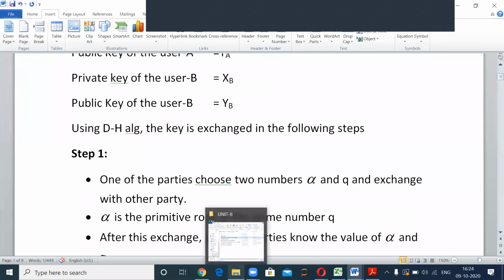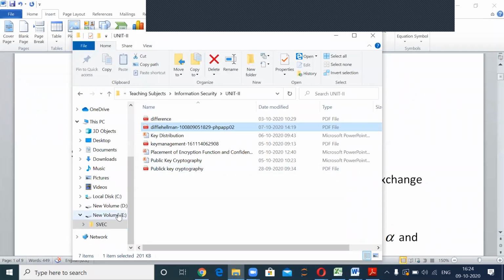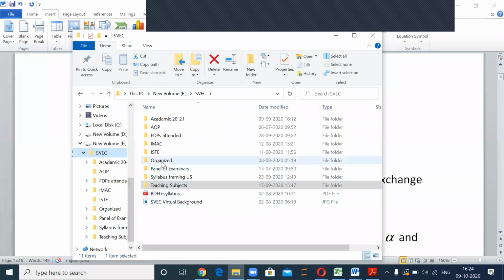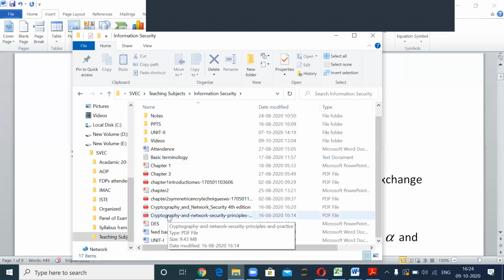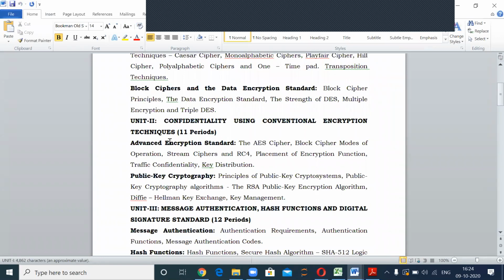And this is about the second unit, and two more concepts are there: the AES algorithm and the RC4 algorithm. I'll tell you later. Next, I will start with your third unit. So, are there any pending concepts? We'll see in your syllabus, right? This is about your second unit. In the Advanced Encryption Standard, I have not taught AES and RC4. These two are pending. Right? I'll tell you later.